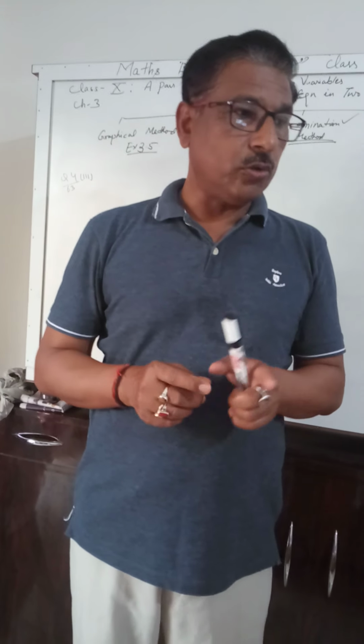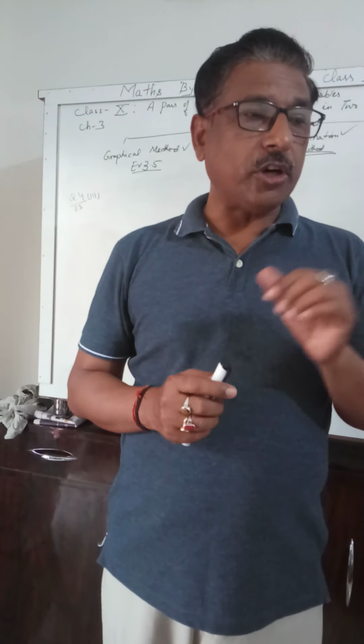Now children, we are going to discuss the last question, that is the fourth question, third part, a word problem, and we will solve this question with the help of the cross multiplication method. Okay. Now see, you have this question, children. Yes scored 40 marks in a test, getting 3 marks for each right answer and losing 1 mark for each wrong answer. Had 4 marks been awarded for each correct answer and 2 marks had been deducted for each incorrect answer, then Yes would have scored 50 marks. Now how many questions were there in the test?